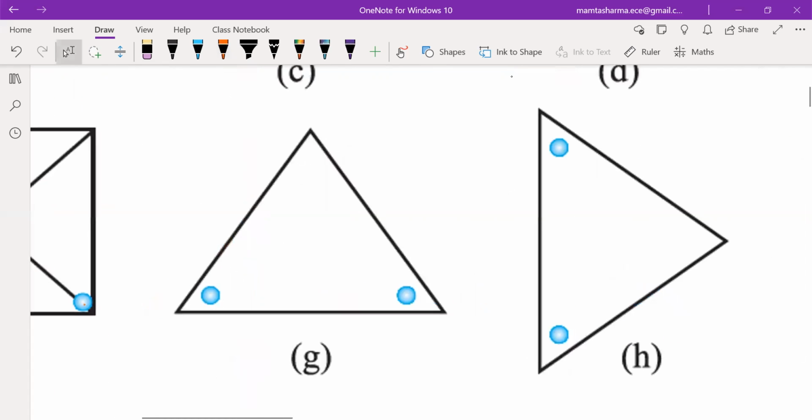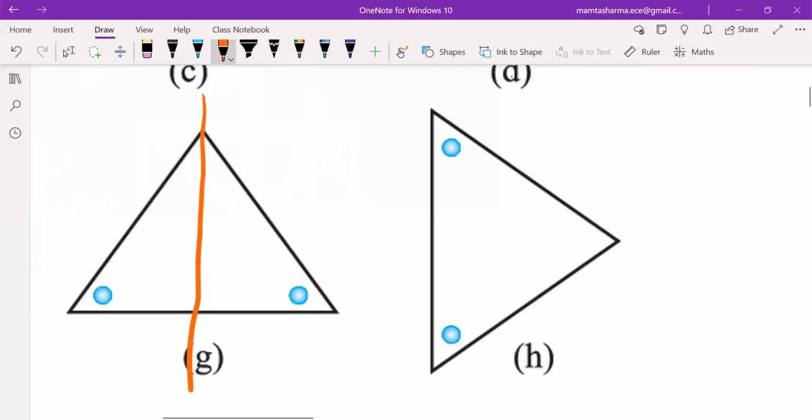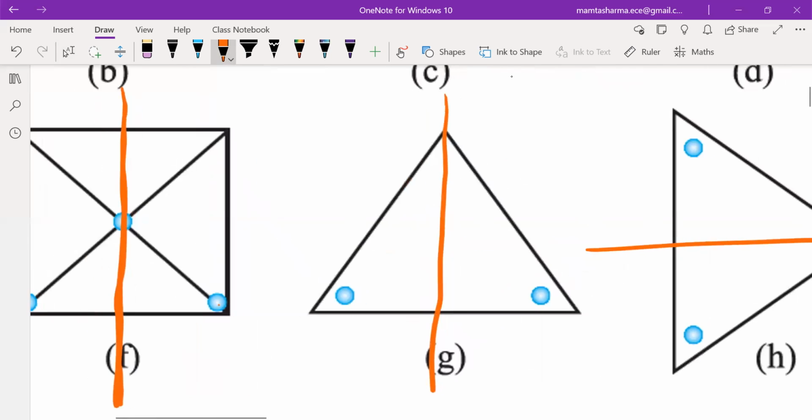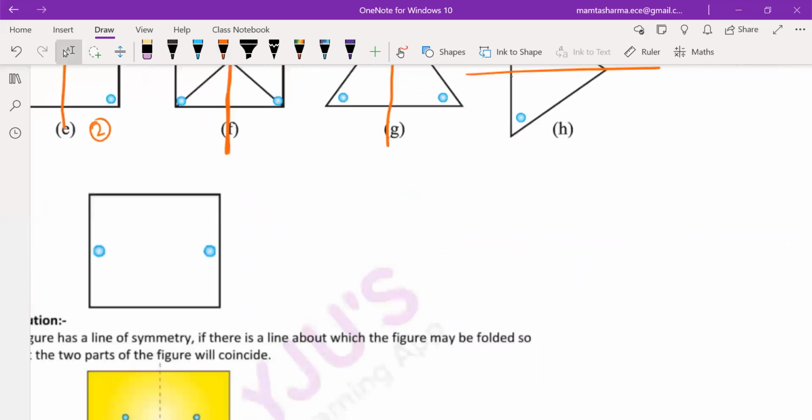For this, Gohit, where should I draw the line so that after folding this paper, the holes will cover each other, or coincide with each other? Where to draw? Ma'am, in the center. In the center, and vertical or horizontal? Ma'am, vertical. Yes. For that figure, ma'am, it's horizontal and in the middle. Horizontal, right? Yes, right. And for the last figure,